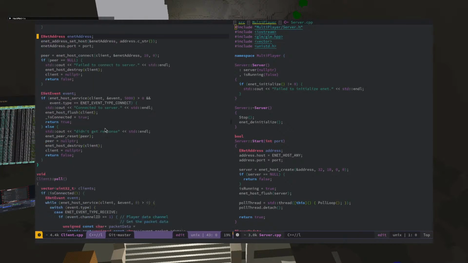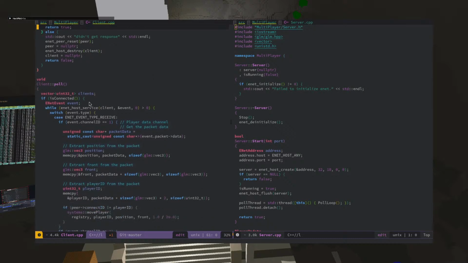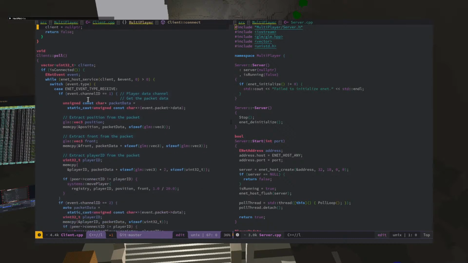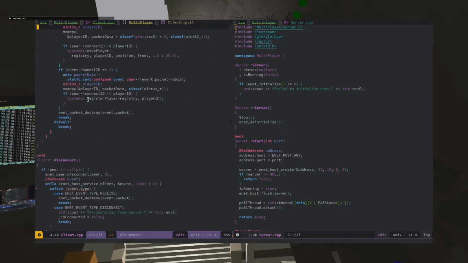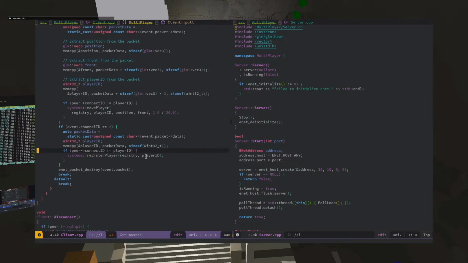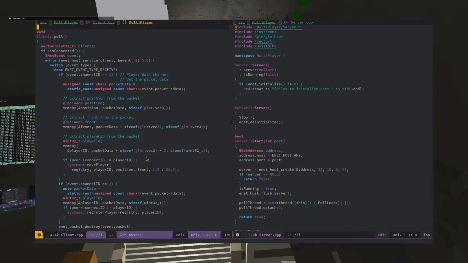Okay, so the client connects, and then the client polls if it's connected. And then, okay, so the polling is for the broadcast.